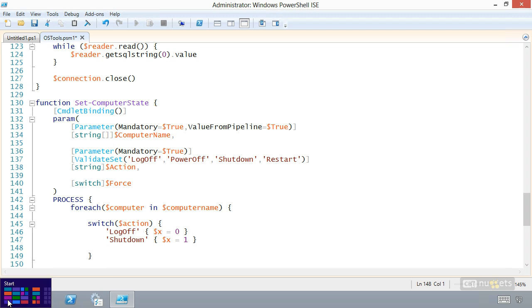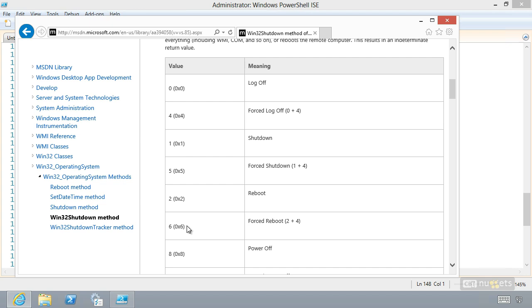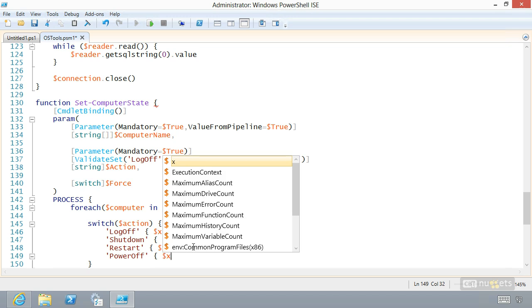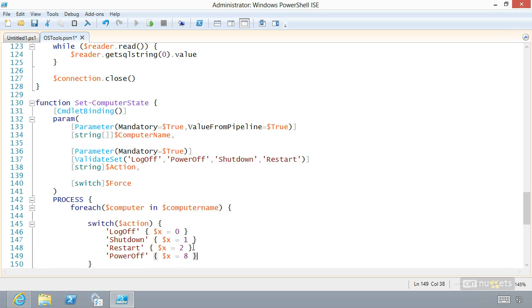And what were the other two? Oops, dang it, I hate that thing. Reboot is 2, power off is 8. I don't like reboot. Call it restart. X equals 2. And power off, X equals 8. So we're using this validate set so that the person can only provide one of those 4